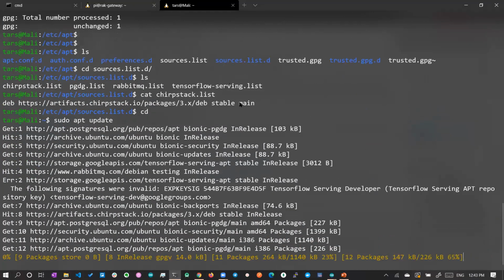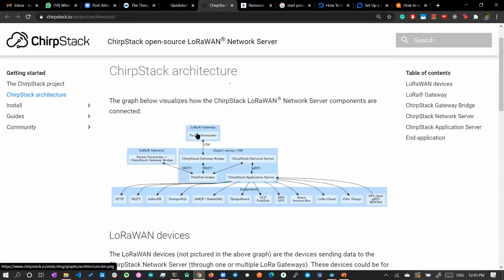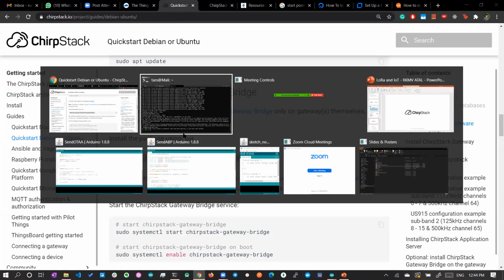After updating it, now we have to install the ChirpStack gateway bridge. This is the first thing we'll be installing. Remember, in our application, we only have the data concentrator. We need the ChirpStack within the server itself. This ChirpStack can either be with the packet forwarder in the gateway itself, or it can be in the server itself. In our case, we are keeping it in the server itself. That's why we are running sudo apt install chirpstack-gateway-bridge. Go there and install it.